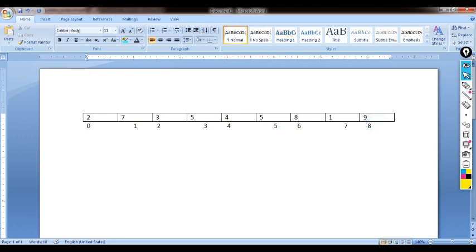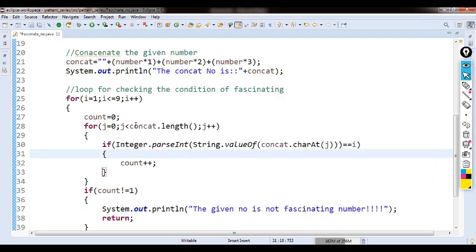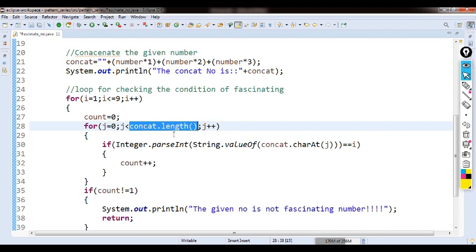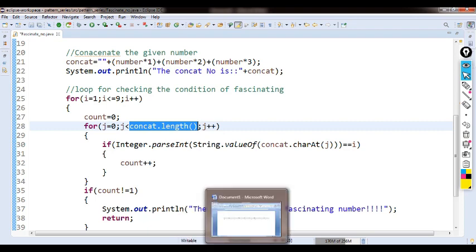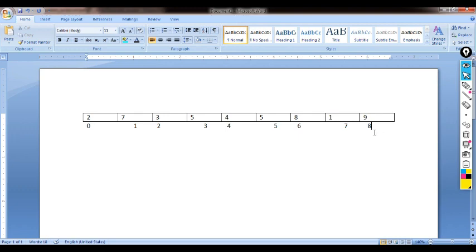So here when we calculate this concat.length, it gets 10. Sorry, it gets 9 because there are 9 elements.